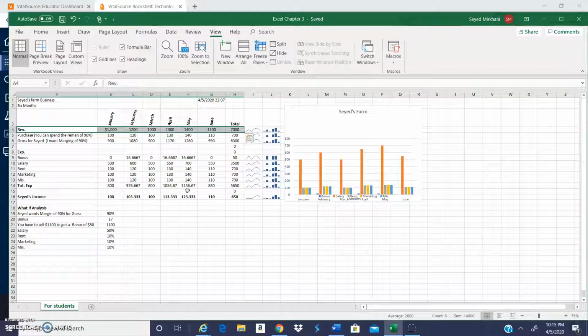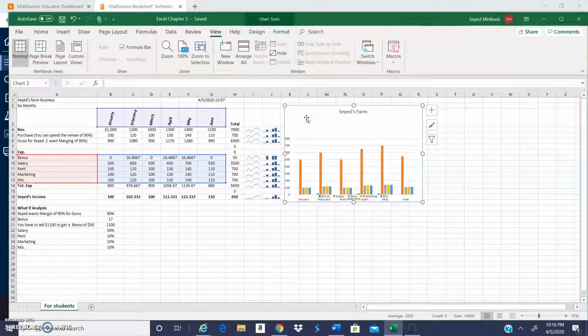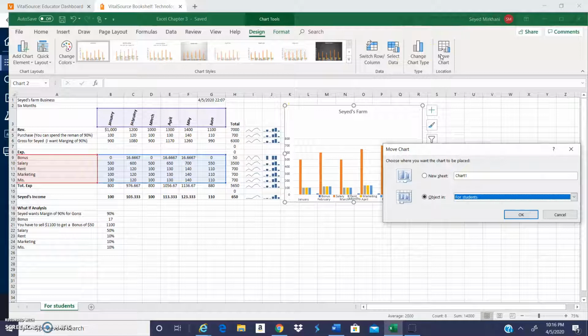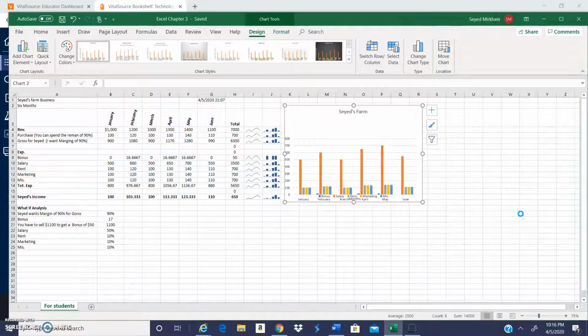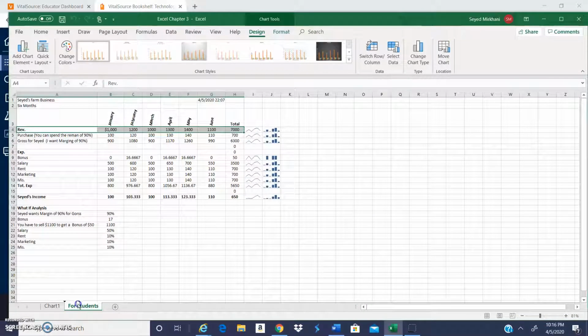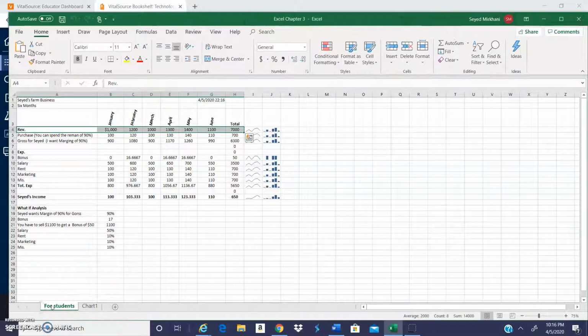Also, one more thing I didn't show you, and you have learned it, is how to move this one to different pages, and then we have chart tools. When we move the chart, as you learned from the previous chapter, you can click here and click OK, and by doing so it moves here. Do you see the chart moved here? If I drag this one, I can put 4 students in here, chart 1 here, and I can rename it as you learned from the previous chapter. And I click, now I am